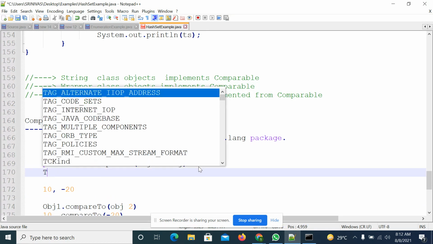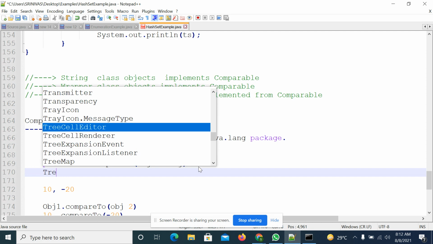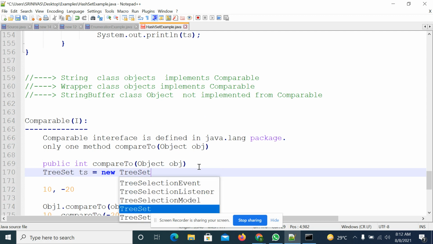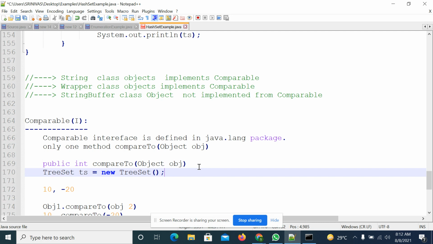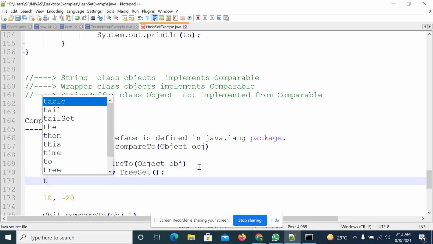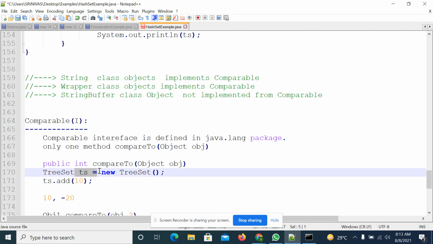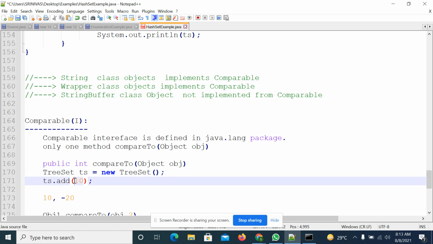So first the TreeSet will be there: TreeSet ts equal to new TreeSet. This is an empty TreeSet, it does not have any elements. Whenever you use ts.add(10), first it is an empty TreeSet, so there is no need to compare anything; 10 will be added directly to the TreeSet.